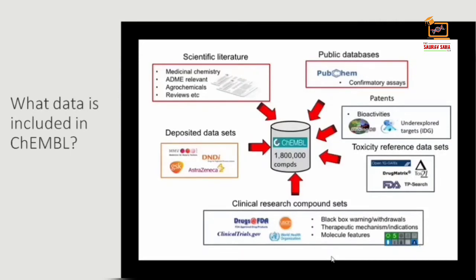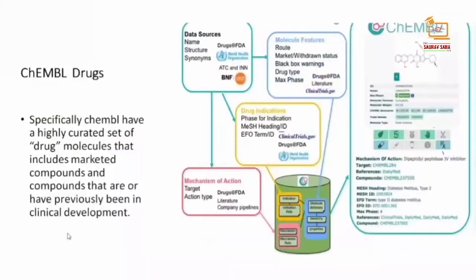ChEMBL holds two-dimensional structures, calculated molecular properties and bioactivity data such as binding constants and pharmacology. The bioactivity data is tagged to show links between molecular targets and published assays. The data is primarily manually extracted and curated structure-activity relationship data from the medicinal chemistry and pharmacology literature. Additionally, the ChEMBL database contains data deposited by researchers and data extracted from other data sources. And lastly, the data on the clinical progress of compounds has been integrated into ChEMBL.